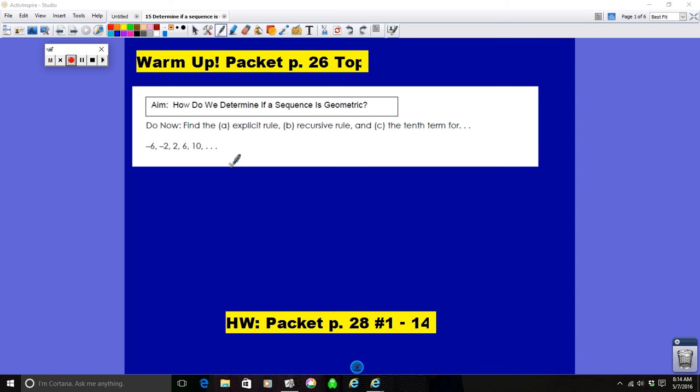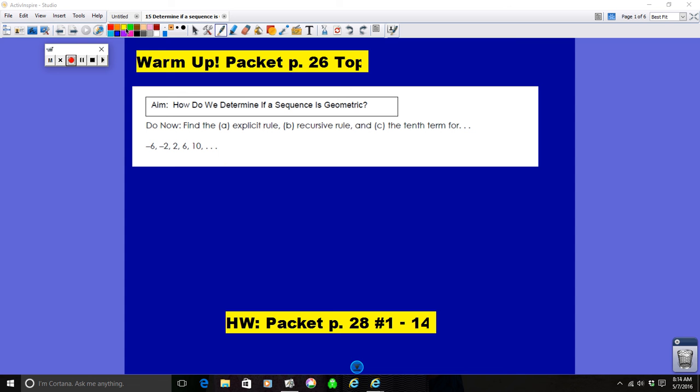Now we are moving along from arithmetic sequences to geometric. We have a warm-up to do today, and we would like you to do that right now. So please go ahead and find page 26 in your packet and do the warm-up right now, and we will pause the video until you get that done. Okay, now that you've completed